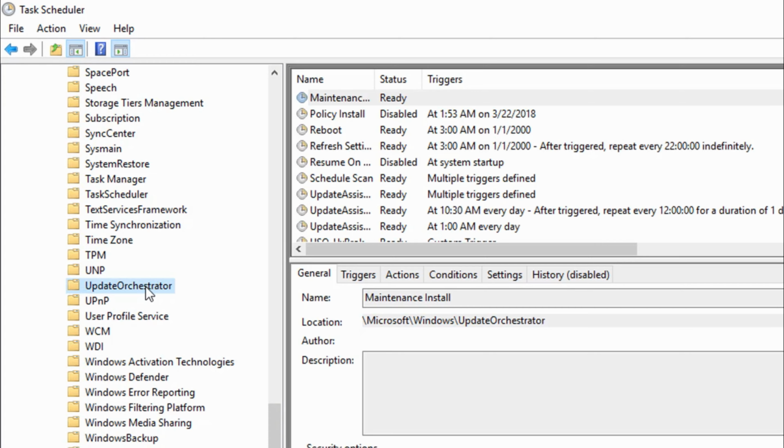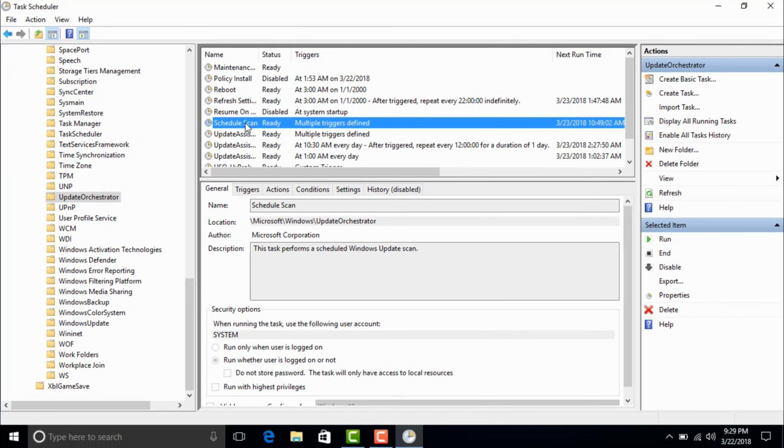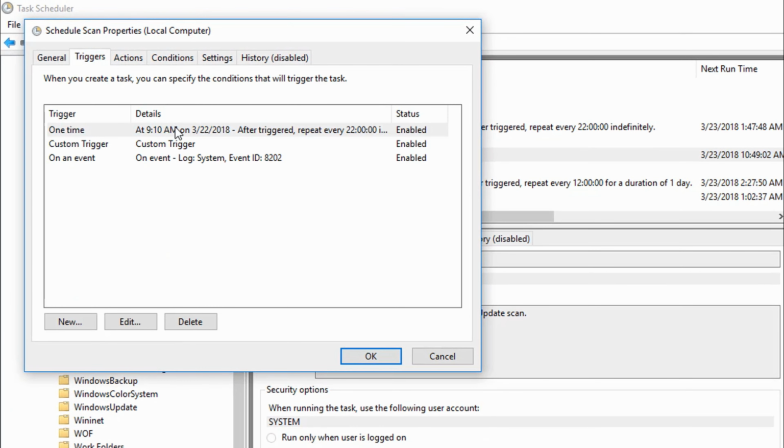Update, select this folder and disable all the files that appear here, all the settings files, that is, Configure Windows and whatever else you may see in your system, just disable it. In my case it is Update Assistant. You disable those things. Follow these steps that I'm following here.